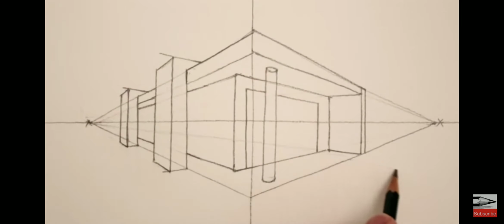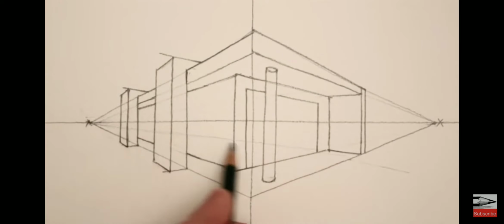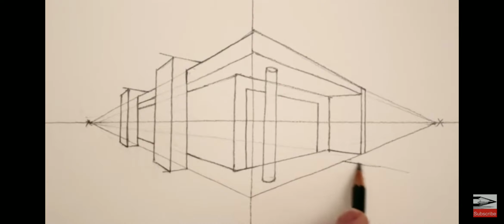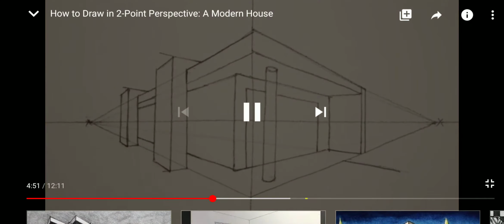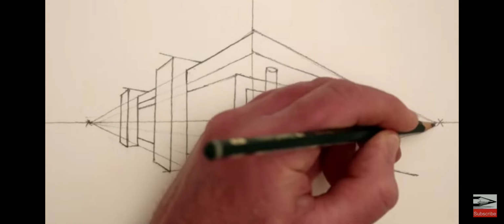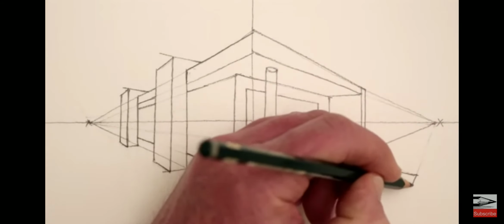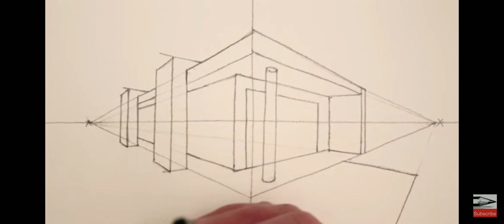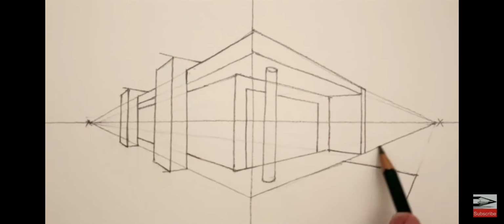Now in the foreground here, I'm going to put a swimming pool. So the top line here will go towards the left vanishing point. But then as the swimming pool comes towards us, those lines would need to sort of funnel away to the right vanishing point, the little dot on the right. Now these dots can be placed anywhere you want, but once they're in, they've got to stay where they are. So using the original vanishing point that I did, I'll extend this line across so the swimming pool can come